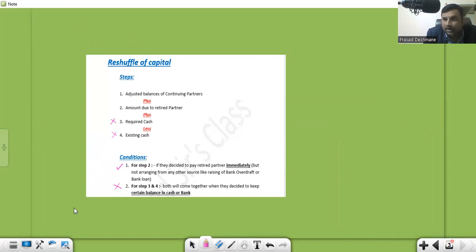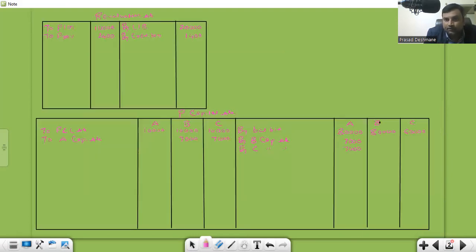Adjusted balance. How will I get the adjusted balance? When I close the capital account. And the second item, amount due to retired partner, I'll also get after closing the capital account. So first I'll close the accounts. First I'll close the reval. I'll distribute the profit and loss among partners. The credit side is heavier, 21,400